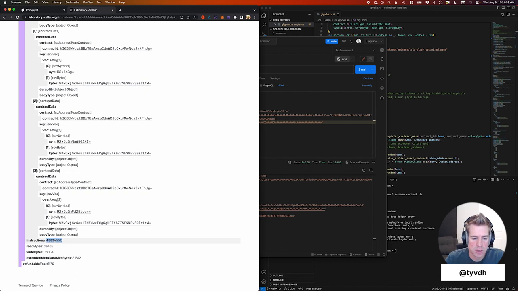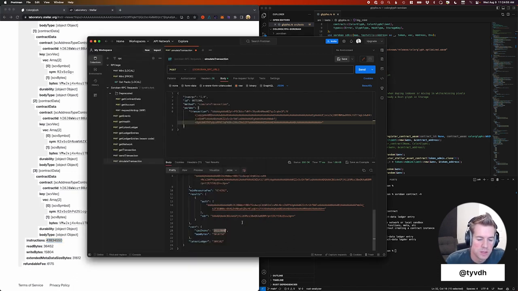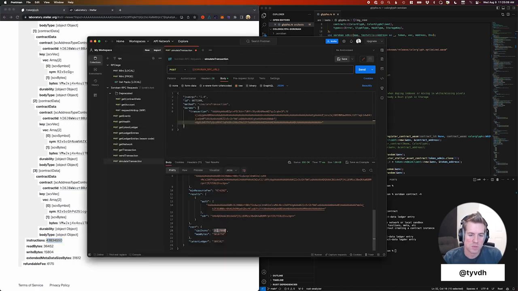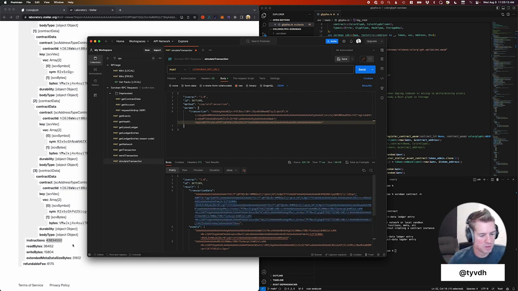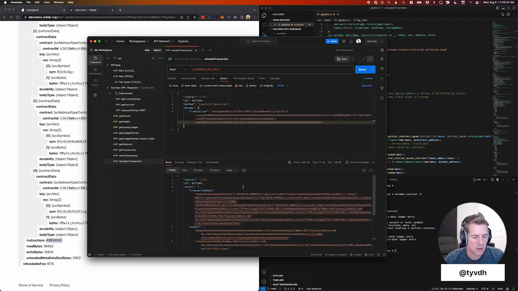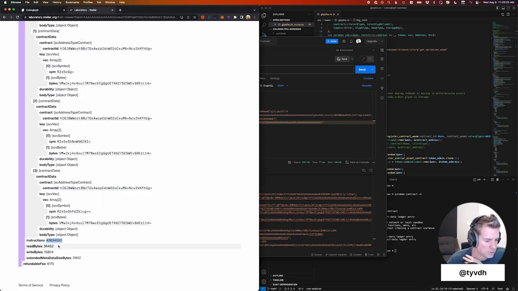And something kind of interesting here to note is the CPU instructions that it used during simulation was 38 million, and the instructions here that it's saying that it's going to try and use or budget for is 43 million, which is actually 15% more. So between simulation and submission, what's actually being set in the transaction data always increases by 15%. I don't exactly know why, but somewhere along the line that was decided, which is another reason you might want to build this transaction data XDR manually. If you don't like that it adds 15%